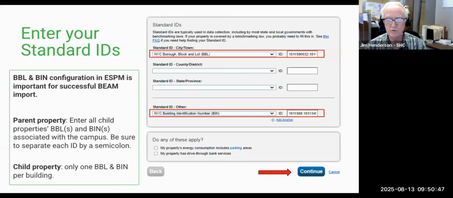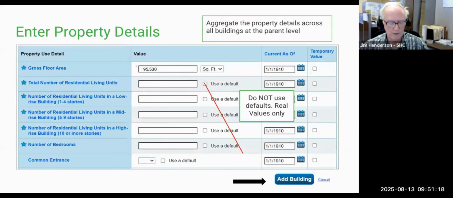Then you want to move down towards the bottom and go through this process again. Here you want to add it to standard ID other, that drop-down window, and you're going to search for NYC building identification number. Once you select that item, you add each of your BINs separated by a semicolon and no spaces. So if you have 2 buildings, you add 2 BINs. If you have 10 buildings, you add 10 BINs. Once you've entered all of your IDs, you select continue,